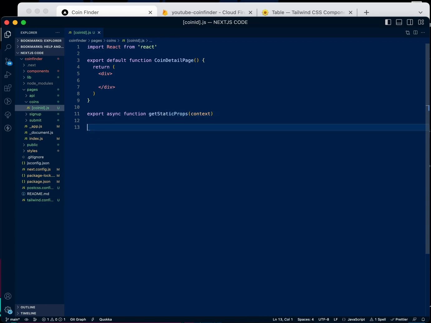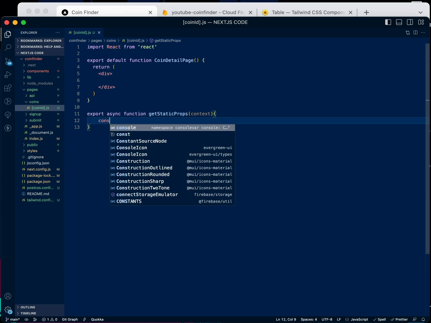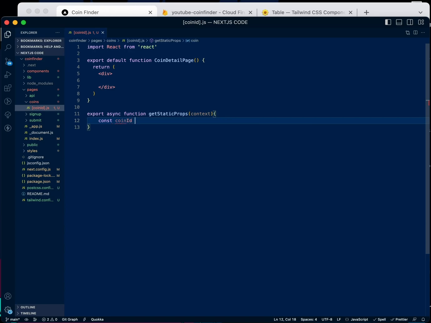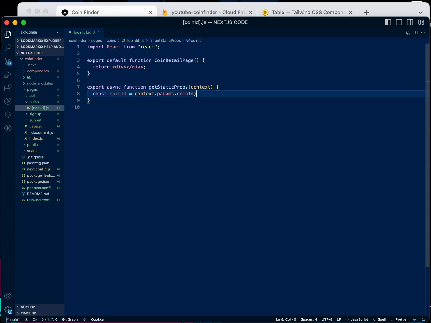So what we're going to do, we're just going to cancel. We're then going to say const coinId. This is equal to context.params.coinId. Okay, so now that we get that, we need to get all the coins information and then look for